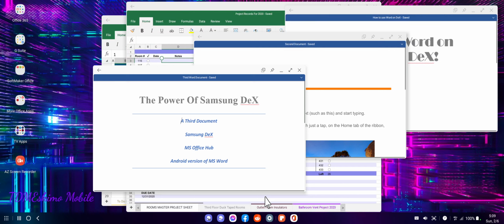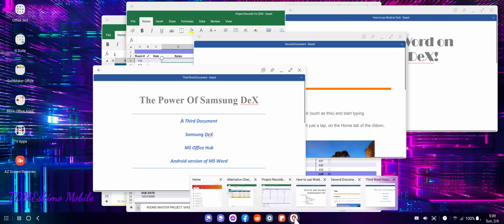With Android 12 updates and One UI 4 updates, Samsung is pushing Samsung DeX too. Samsung DeX is becoming more and more like a normal desktop feeling. So let's see how. As you can see on my screen,